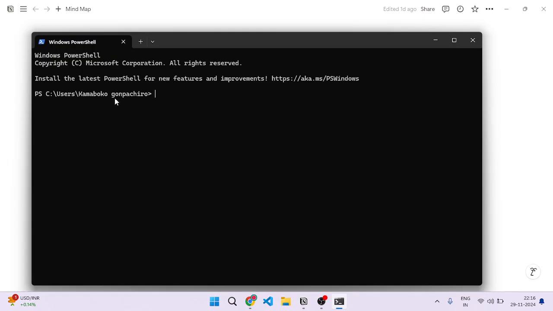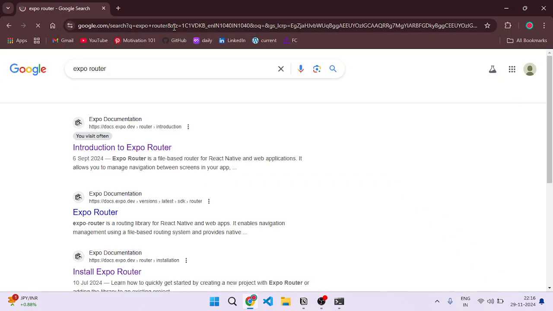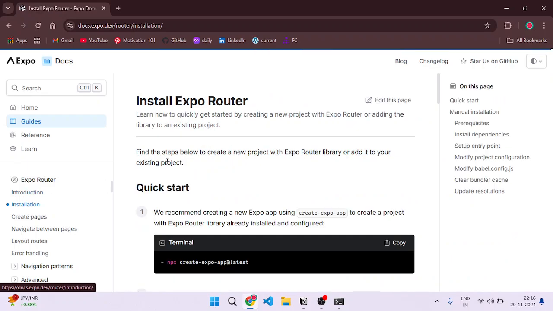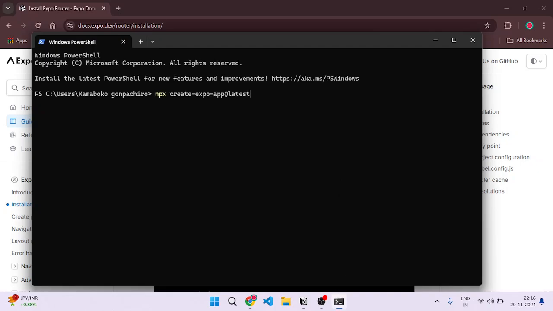there is a default folder given in your terminal, correct? And when you run the first command, that is when you follow the Expo Router guide, according to the installation, the first step is creating a project. Am I right? So when you copy this and paste it on your terminal along with the flag that is template space blank and click on enter, it asks you to name your project. After you do that and the project has been successfully installed, it asks you to change the directory into your